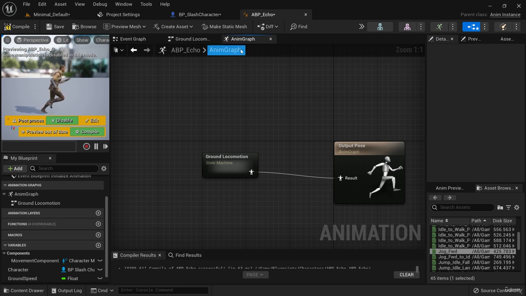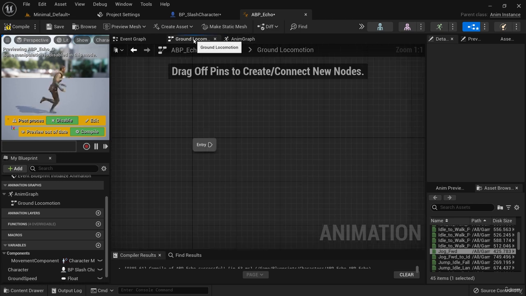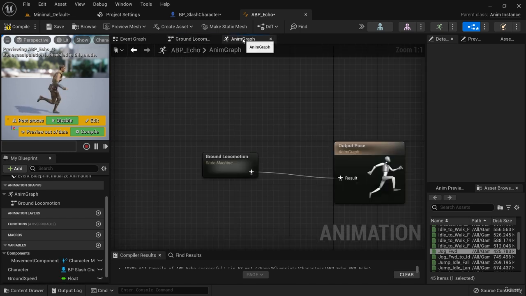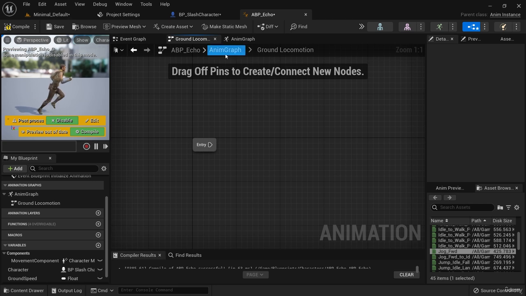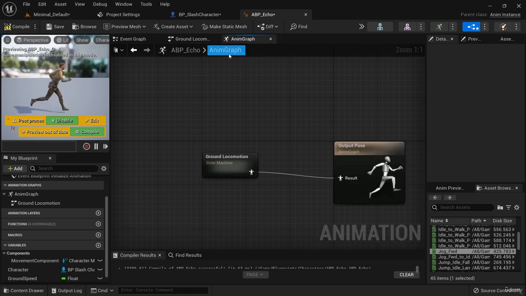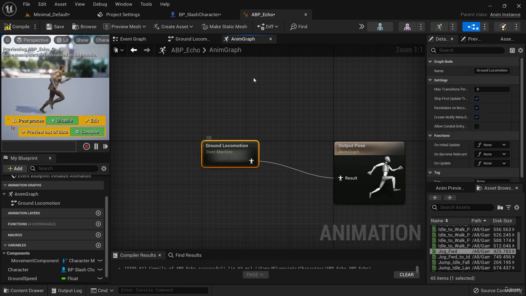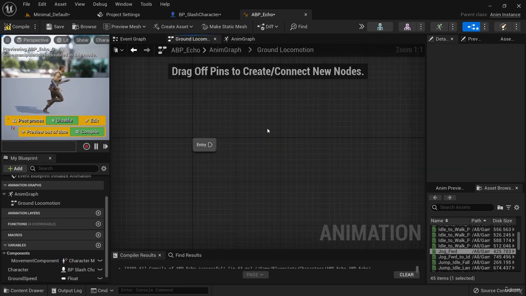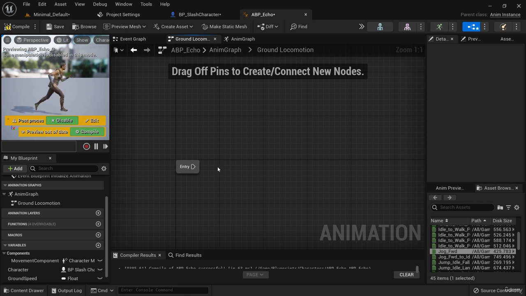Now notice when that happened, the anim graph tab popped up, but the ground locomotion state machine still has a tab here. So we can go back and forth by clicking on these tabs. But of course, we can also go back to the anim graph by clicking on it like that. So we have multiple ways to maneuver in and out of state machines. So we'll go back to the ground locomotion state machine, and it has something called an entry pin. Now, this state machine